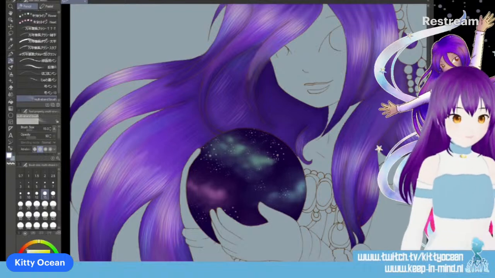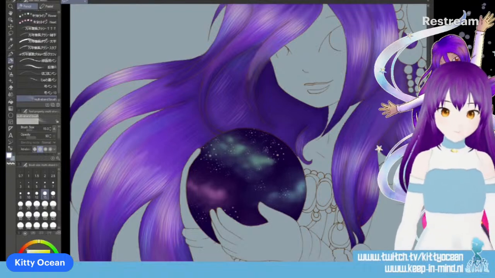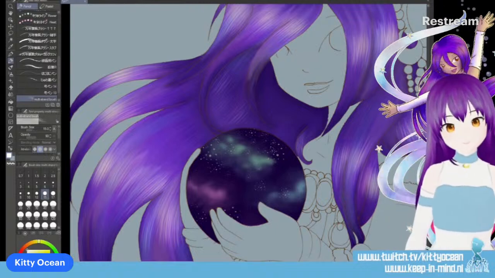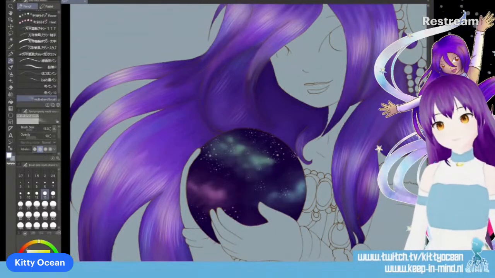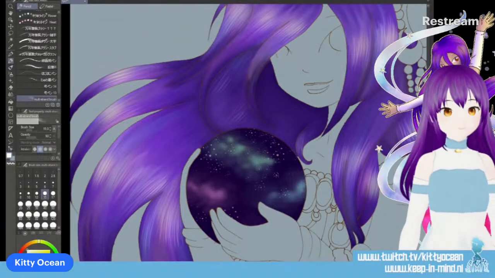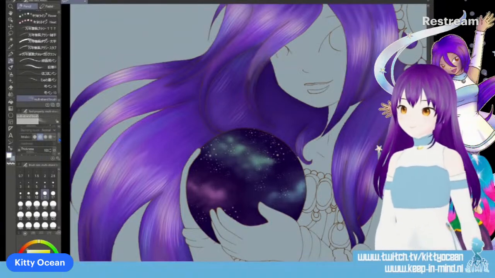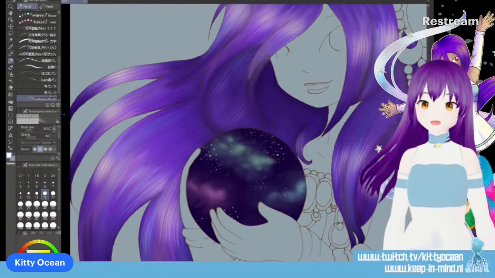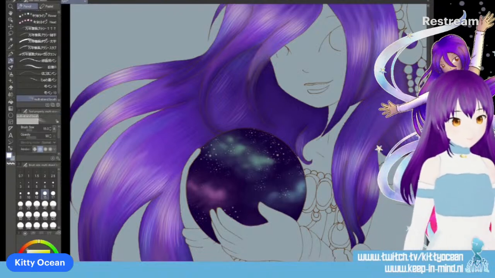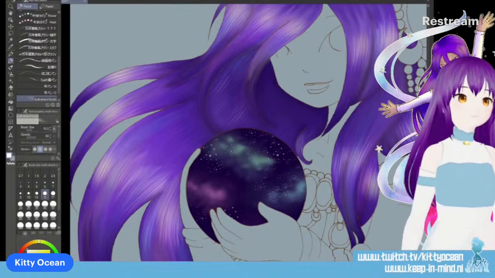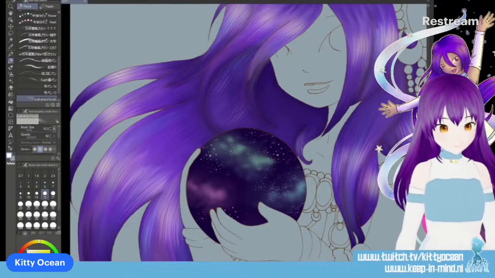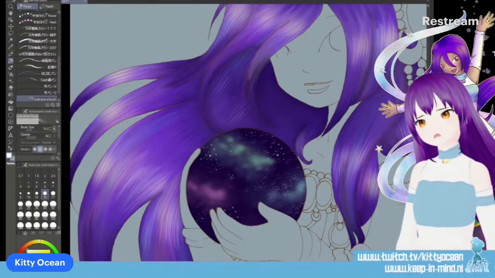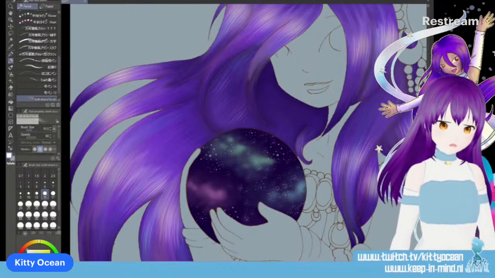And technically, this is the hair strand brush. Do I have some? No. Don't worry if this might seem a bit too much, because I am going to lower the opacity soon enough.